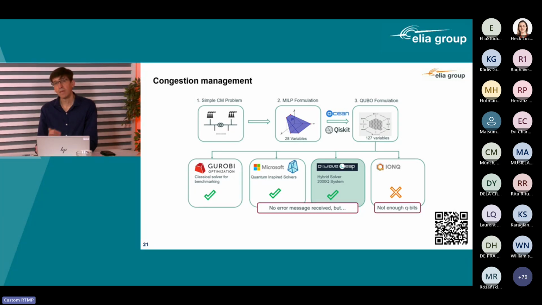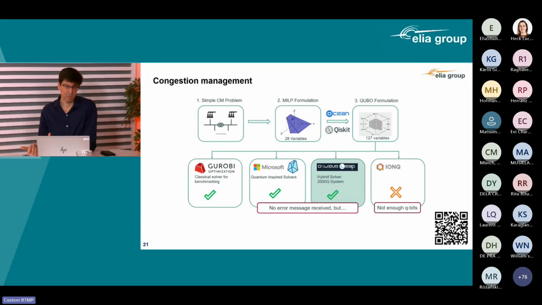And then in order to use it in Quantum, we needed to translate it into a QUBO, as said before. And for that, there are different libraries. If you use Qiskit from IBM, you have the possibility to formulate a QUBO. And D-Wave is also offering the Ocean library that allows you to go from a MILP or other formulations into a QUBO. Then when we had our QUBO, which was relatively small with 127 variables, we dropped it into Gurobi.